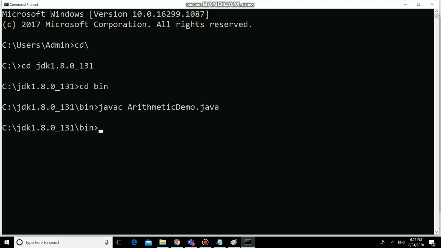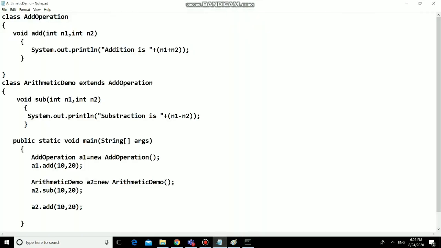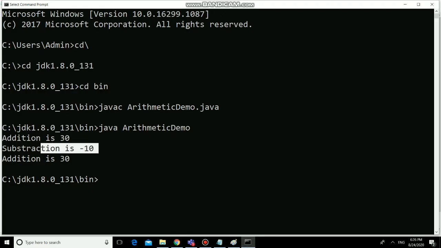Compilation is successful, and simply run this file. See, you should get the output: addition is 30. This will give a call to addition, so this output will be printed. Our inputs are 10 and 20, so addition is 30. Then next we have called subtraction, so this method will be called, so subtraction is -10.